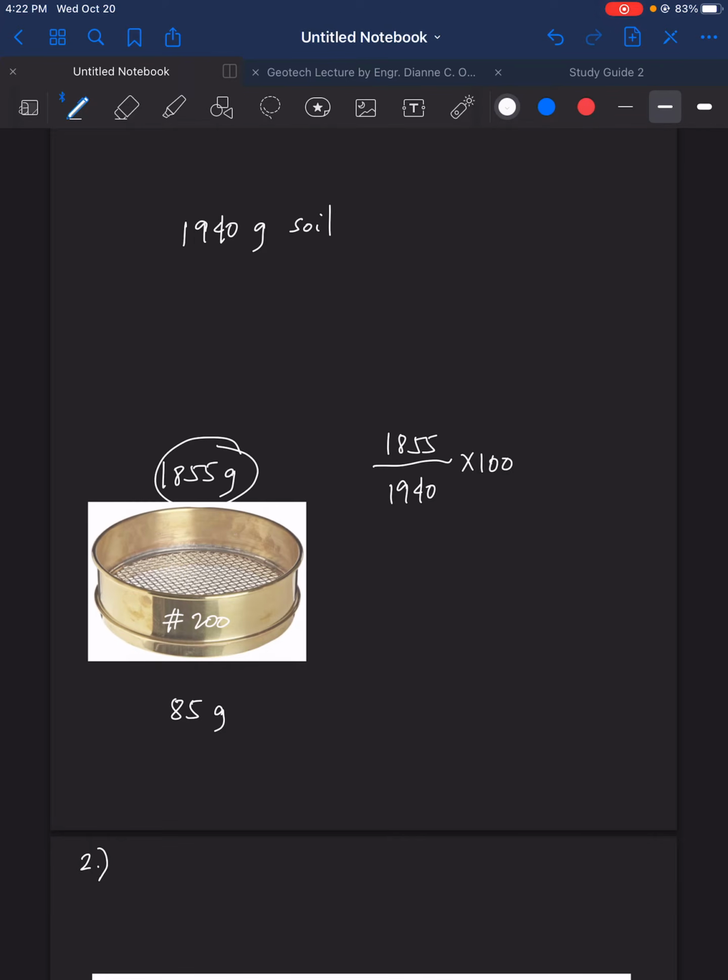If you remove the other sieves, 1855 grams will be retained in number 200, and what passes only is 85. Therefore, if we compute it, 1855 divided by 1940 times 100,